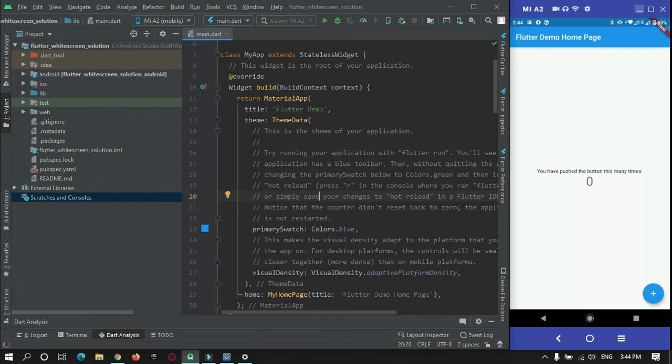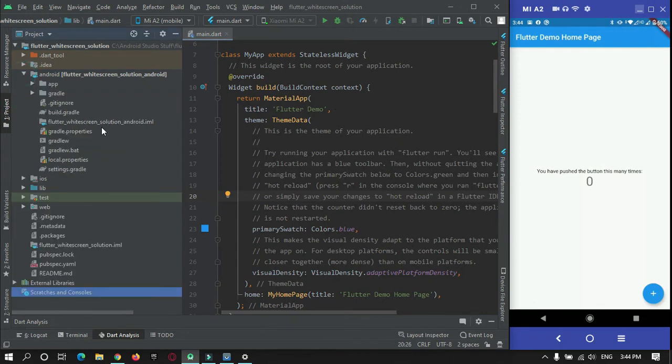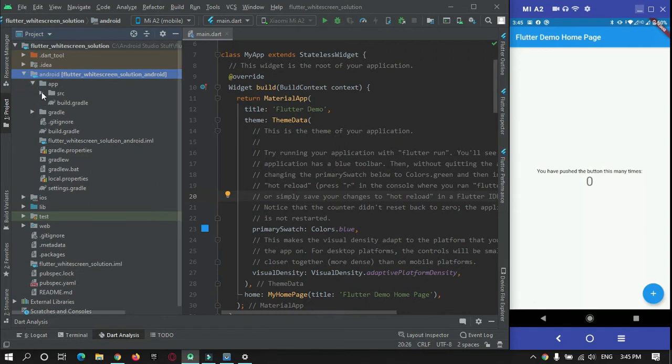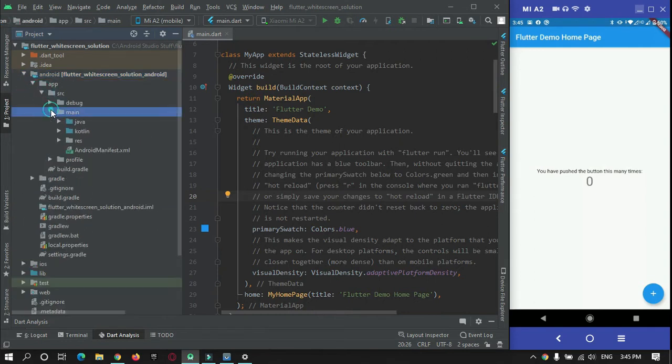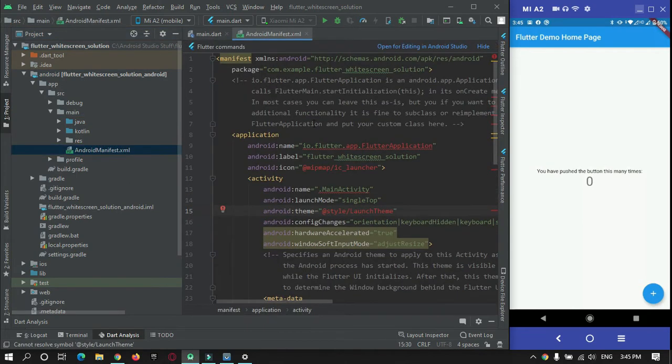To check the splash screen in Android, go to android, app, src, main, and open the AndroidManifest.xml file. Over here, you can see in the activity there is a theme, and the theme name is LaunchTheme.